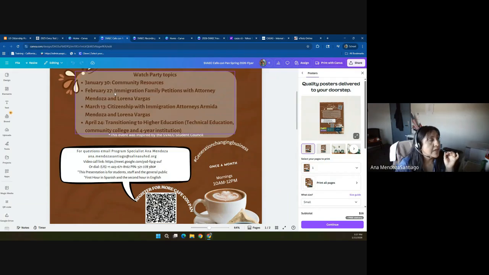Both attorneys, Armida Mendoza and Lorena Vargas. Lorena Vargas has more than 20 years of experience representing clients, and the same with Attorney Mendoza, who has over 15 years in immigration law. So both are very experienced, and of course they are two attorneys that come from the nonprofit world, that have worked